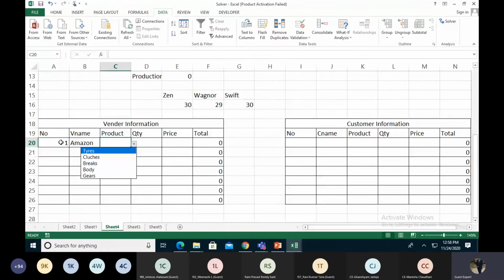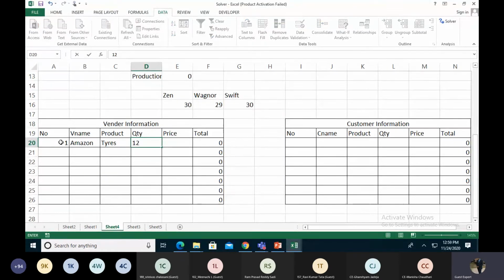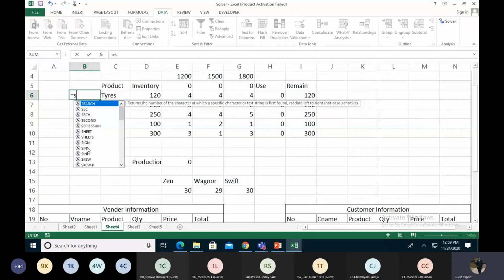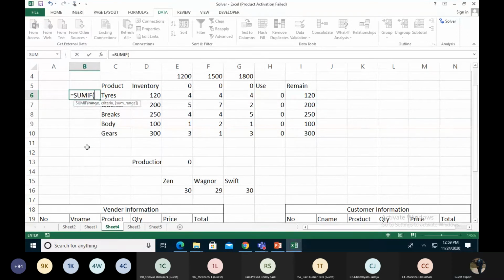we're selecting the tire. If we purchase 12 tires at 100 rupees each, I need this 12 quantity to be added over here. So for this purpose we are using the SUMIF function.